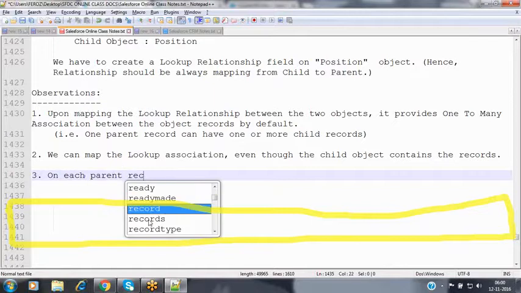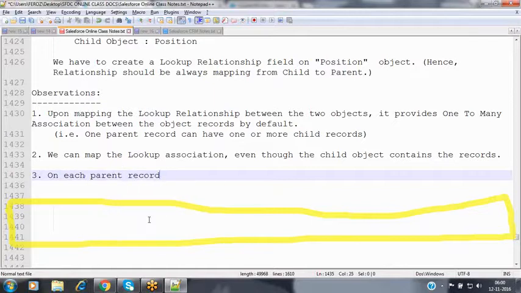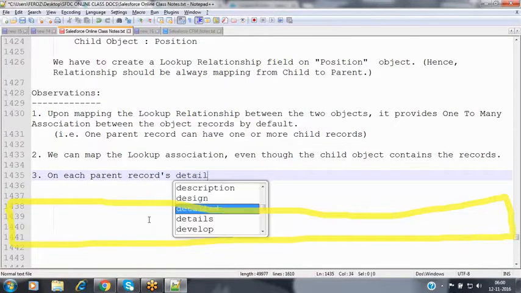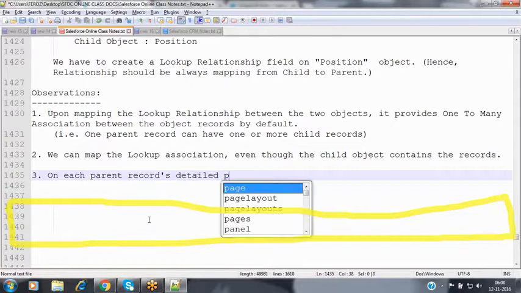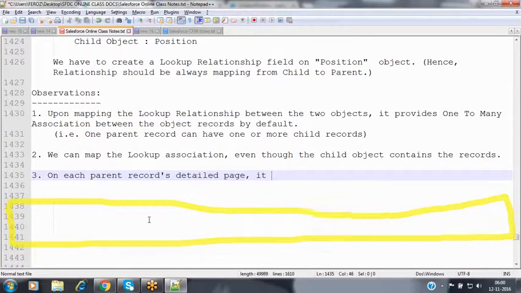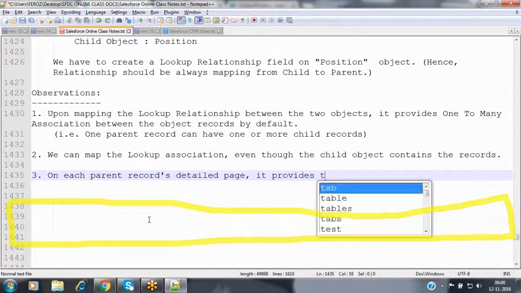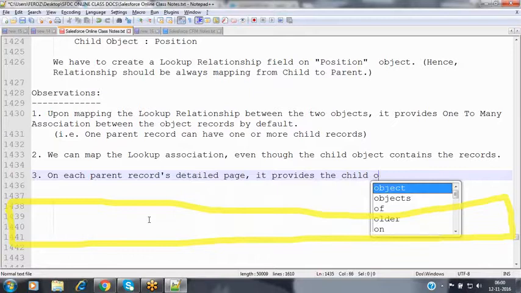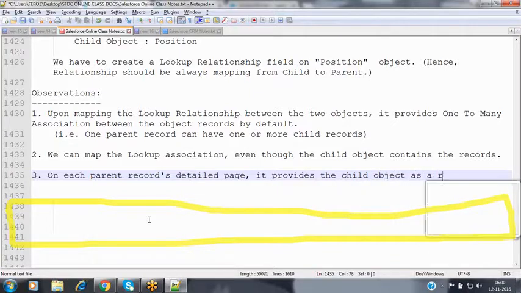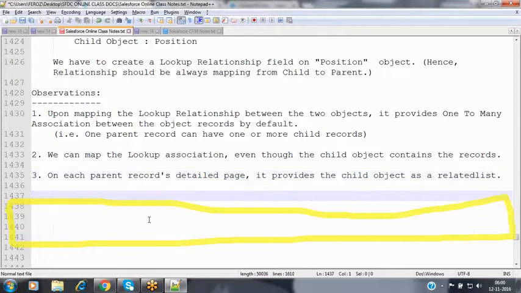On each parent record's detail page, it provides the child object as a related list.